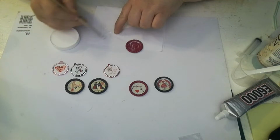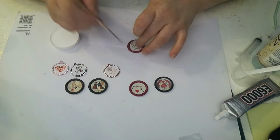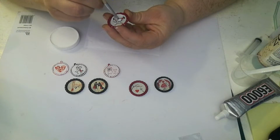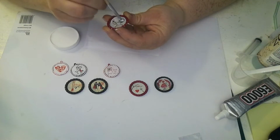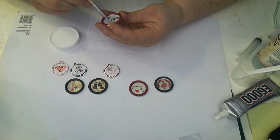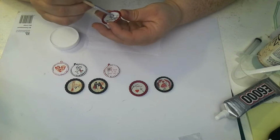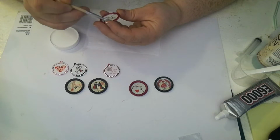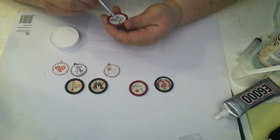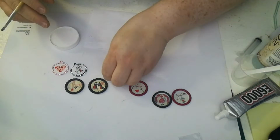Okay, little coat on the bottom of this bezel of the image there. Just going to pop that gently, and then I'm just going to push that down, make sure there's no air bubbles trapped, and the image is completely touching all of the glue. Another little dab of glue, and we're going to seal it around the edges. Make sure no moisture gets in, and then just seal it all over the top. Yep, I'll let that one dry as well. The bezel ones,